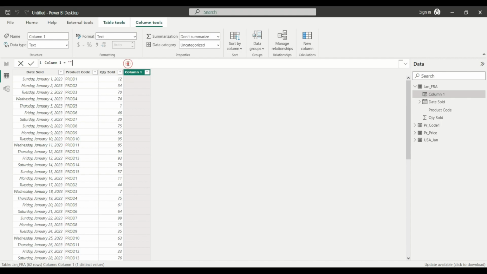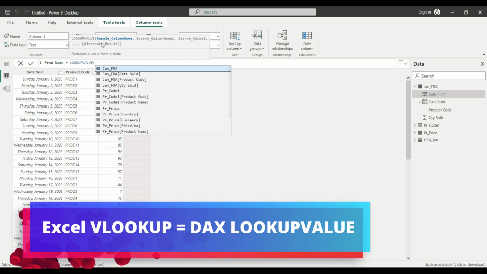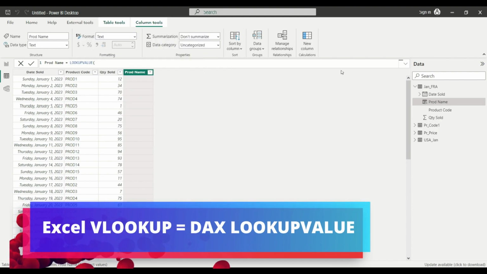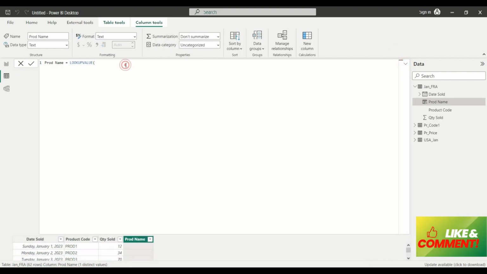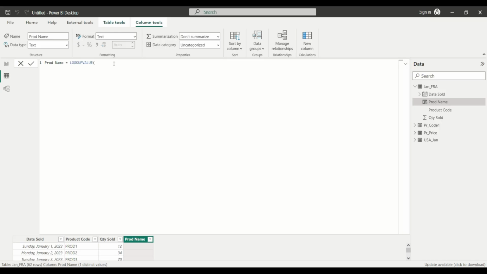So I'm going to select the formula bar, I change the column name. Let's name it product name. And the function we are going to use is the LOOKUPVALUE. It's exactly the same as the VLOOKUP, but it's more efficient since you can work with multiple conditions. I'm going to just expand the formula bar, and now I can start typing the attributes and the values into my formula. So I know that the product name is stored and related to the product